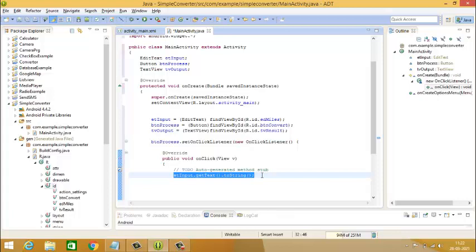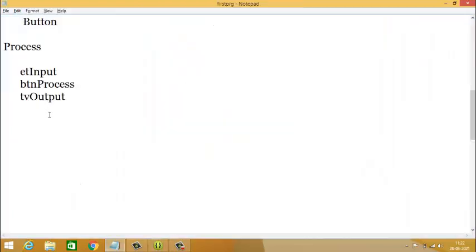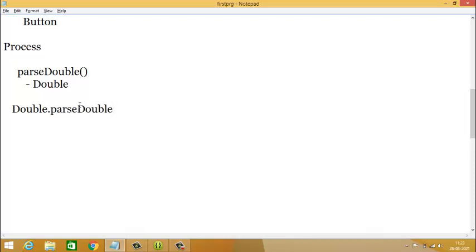Now this has to be stored and processed. Here we will get a type conversion problem. Since we are going to deal with decimal values, the data type is double. Now you have to convert this string to double. For converting, in Java, use parseDouble. The class name is Double, dot parseDouble is the method name to convert. Inside the bracket you specify the string to be converted.